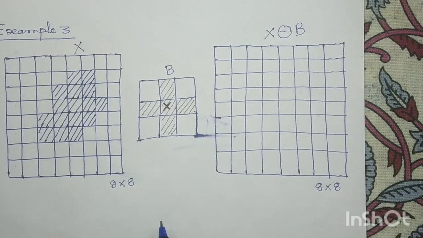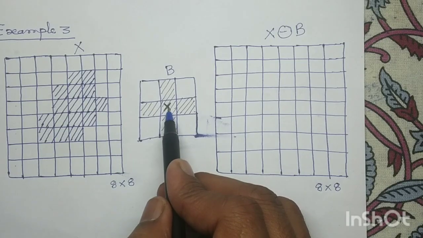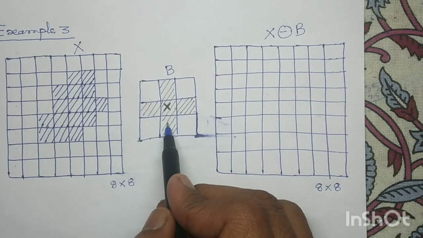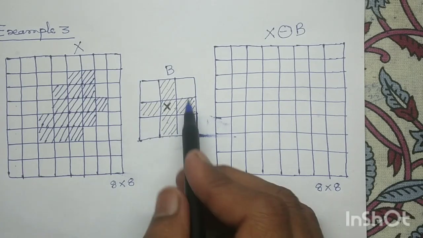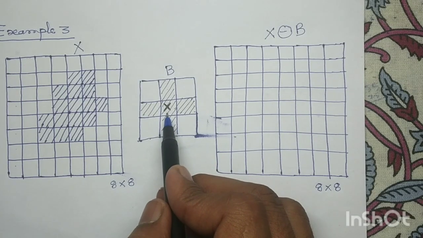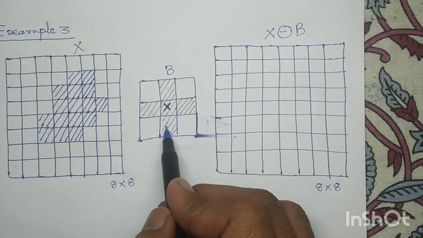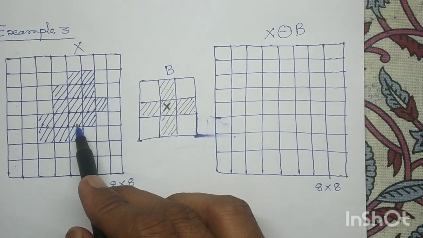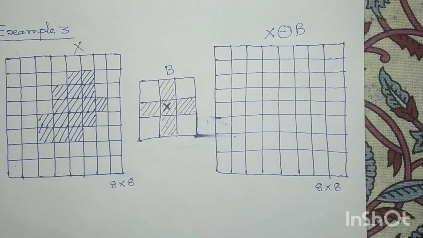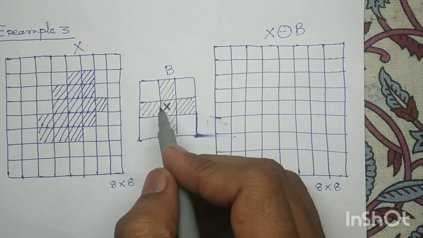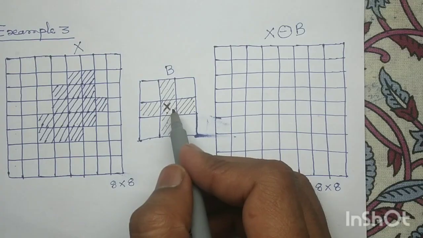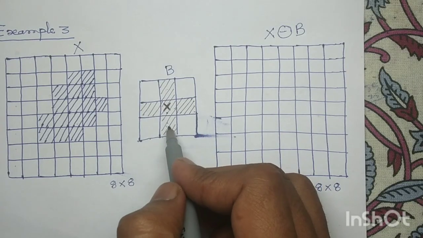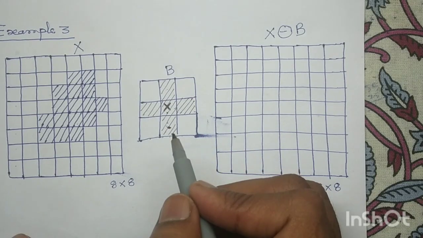Now look at the structuring element. In the structuring element, the center pixel value is shaded, it means it is logic 1, and the 4 neighborhood pixels are shaded, it means they are also logic 1. So this scenario where the center pixel value is logic 1 and the 4 neighborhood pixels are also logic 1, this scenario we have to identify in this input image X. So if you find such a scenario where the center pixel value is 1 and the 4 neighborhood pixels are also logic 1, you will get